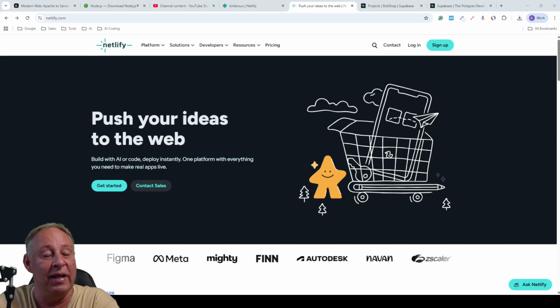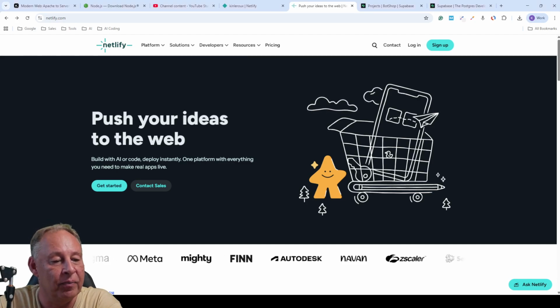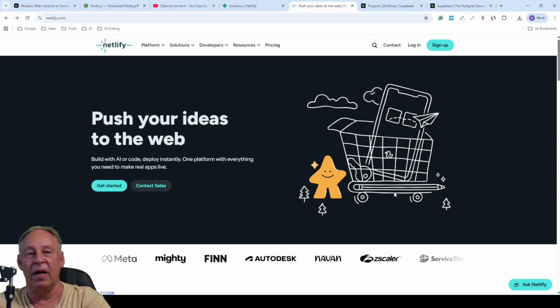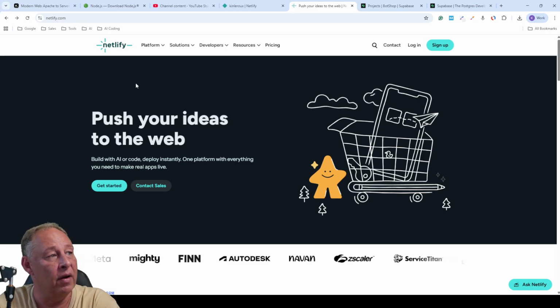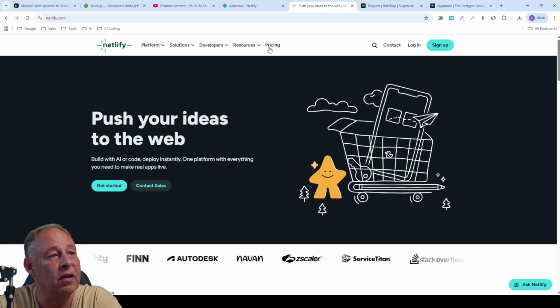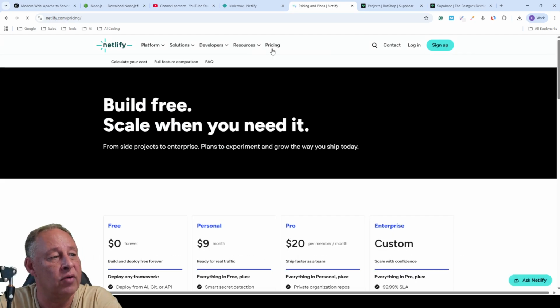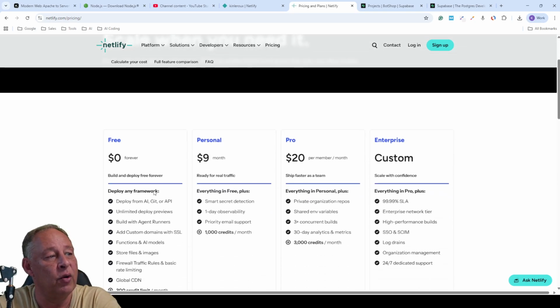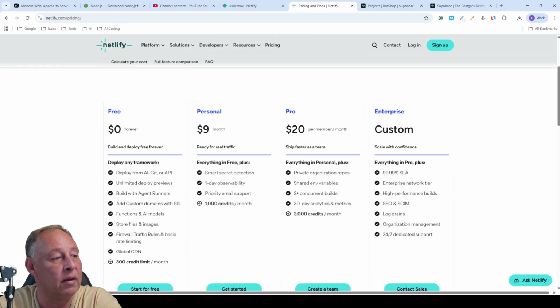All right, so let's start off looking at Netlify and SupaBase. Netlify, netlify.com is the website. The first thing I want to look at is the pricing structure, and there you can see you have a free tier, and yes, I'm still on the free tier